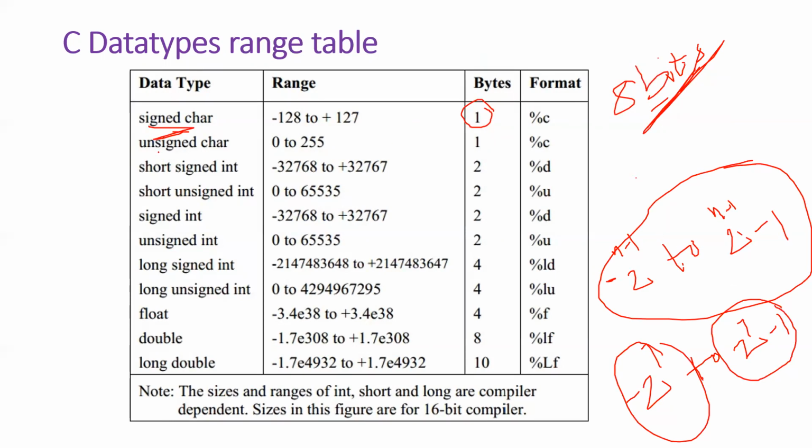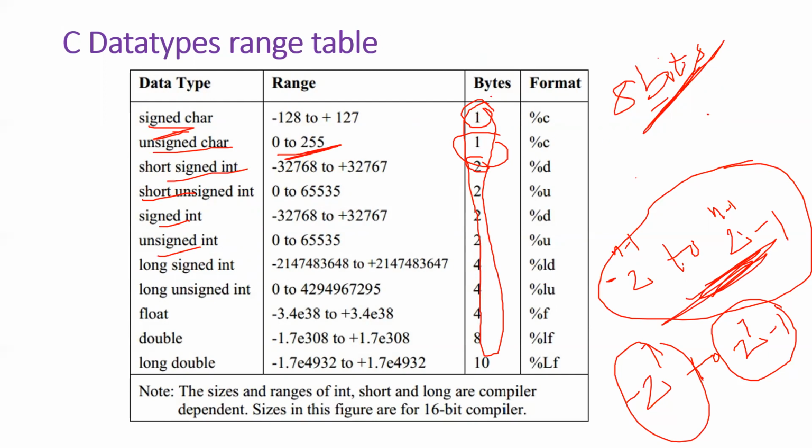Like this, unsigned character will take 1 byte of memory and it will take only positive values. Short signed int takes 2 bytes of memory. Like this, the memory allocation will be done for each and every data type with respect to the modifier we applied, and based on that, we will consider the range of values that can be stored inside the memory.